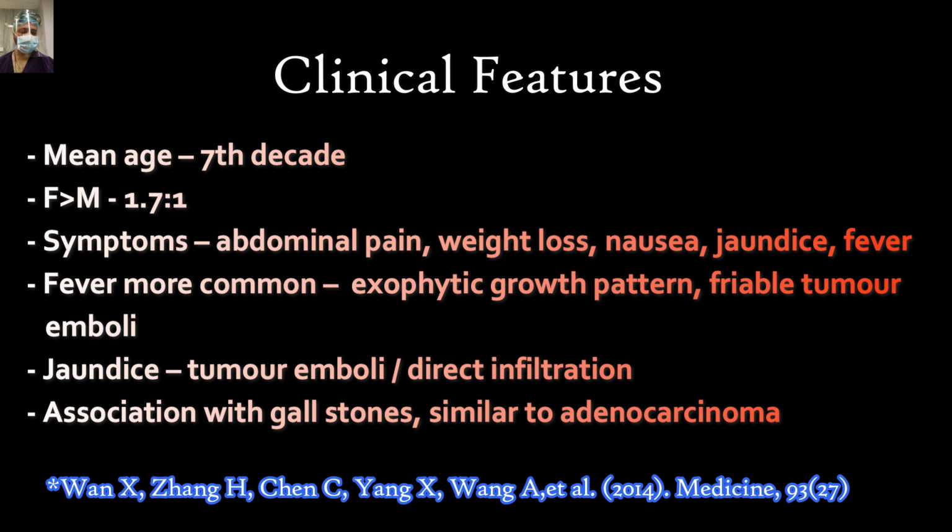So jaundice, if you remember my talk in the gallbladder cancer series, is a very ominous sign, and usual survival is less than 6 months, and the chance of resectability in a gallbladder cancer is less than 5%. This is the data which we have quoted in that series also. So you have to understand that the jaundice can be because of the direct invasion of the CBD by the tumor, or there can be tumor emboli. The tumor breaks away, it's a papillary growth, they break away, they go into the CBD